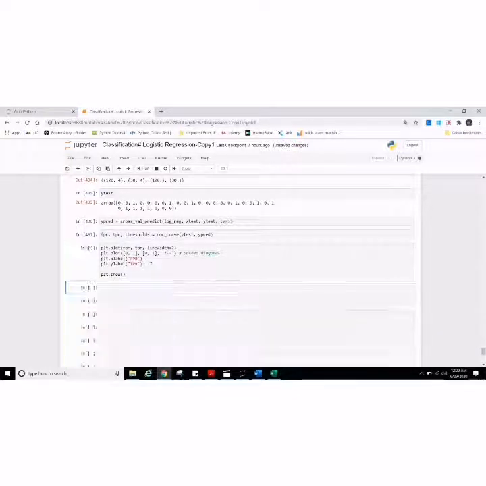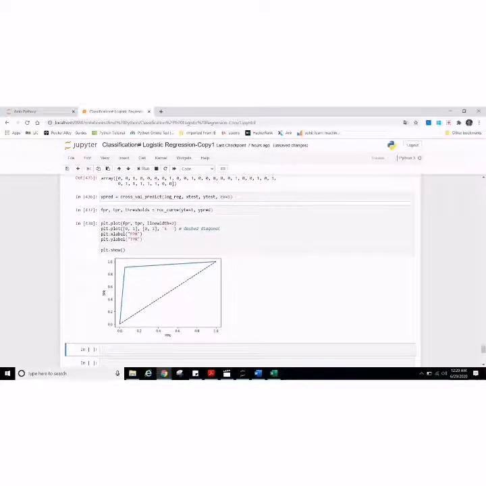Let's print the diagram. If you can see, when our false positive rate is low, our TPR is getting increased, and at a certain point the false positive rate increases and TPR is also increasing, but only slightly. So this should be our threshold value, and we should use our algorithm at this point, right? If we go further, our false positive rate will be higher. So hope it is clear.